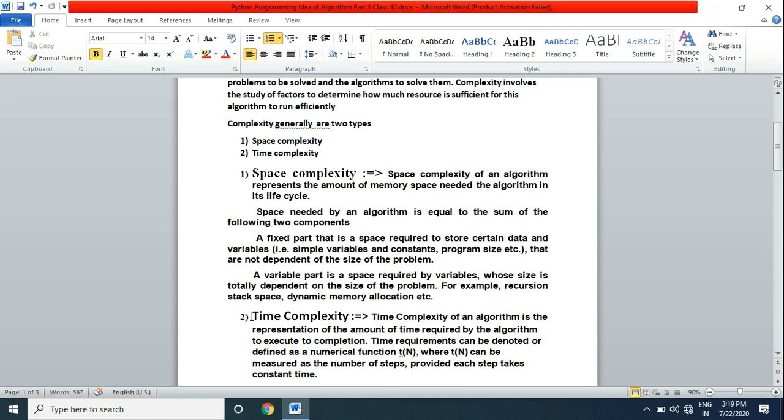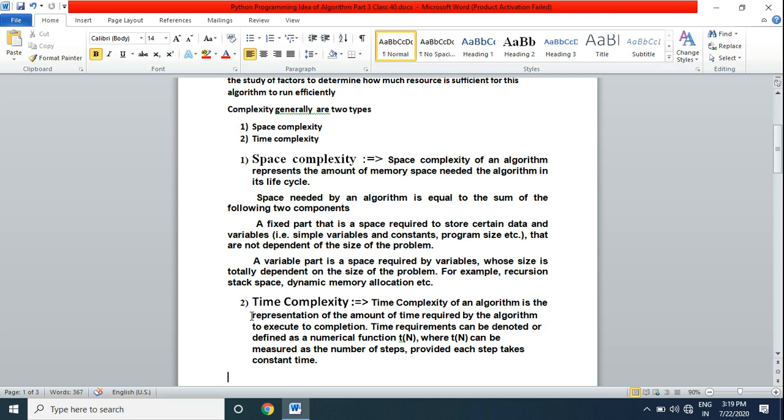The second is time complexity. Time complexity of an algorithm is the representation of the amount of time required by an algorithm to execute to completion. So the time our program takes to execute is known as time complexity. If a program needs less time, it is a good case.